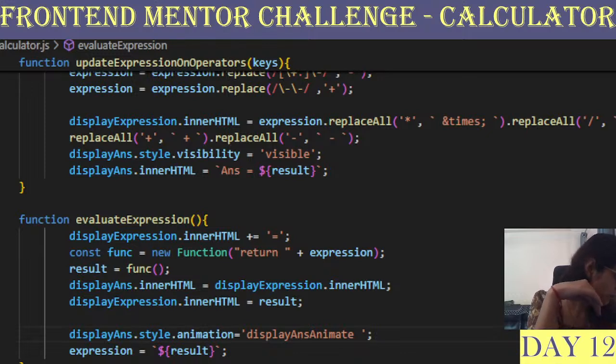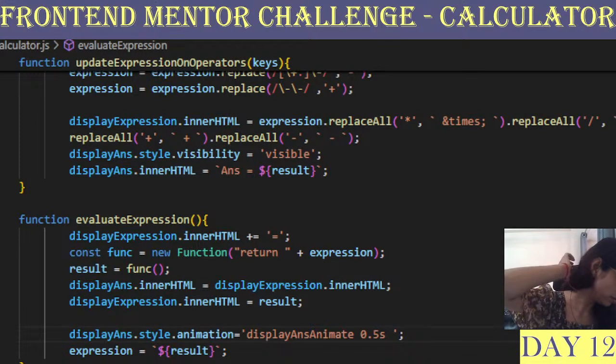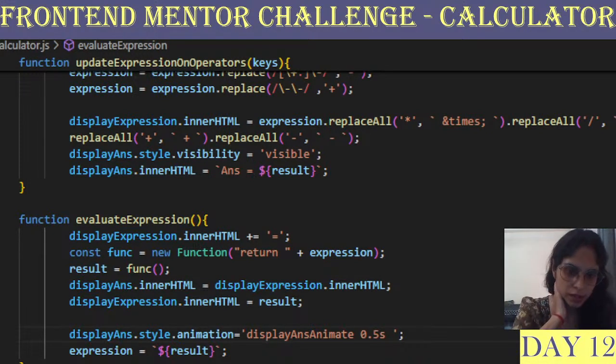There's animation name, then there's animation duration. After animation duration, there is animation timing function. We want it linear. There is no delay.